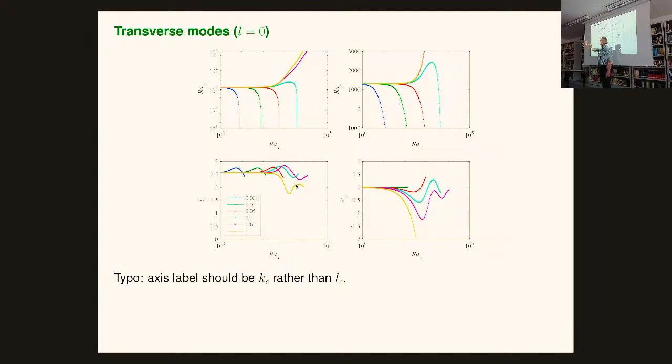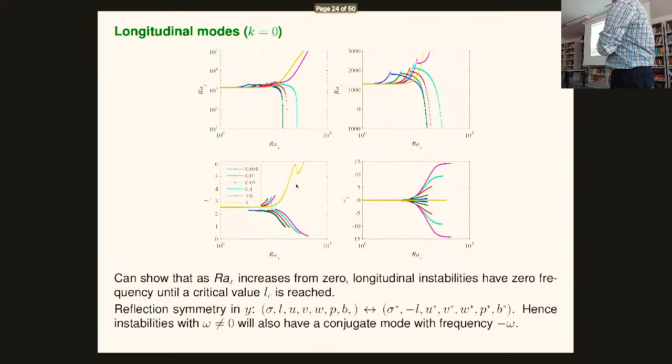But if I look at the other modes, which have 0 wave number along the basic flow, so they have things like rolls. So these are longitudinal, they're not quite the same. They have the same structure that as I increase my Prandtl number, I find eventually a region where the curve crashes down, so I become unstable to horizontal convection. And also for large enough Prandtl number, they keep going up. But we see some differences.